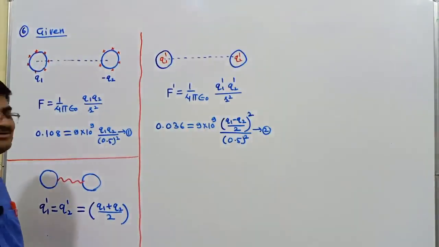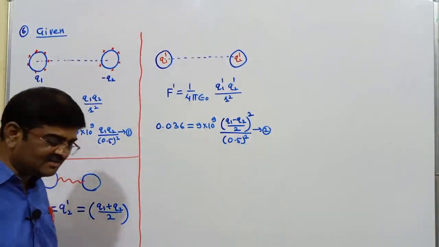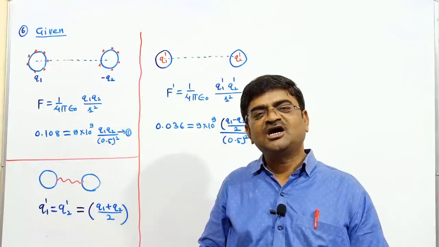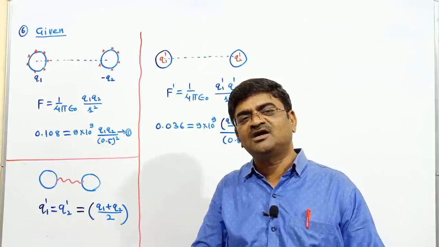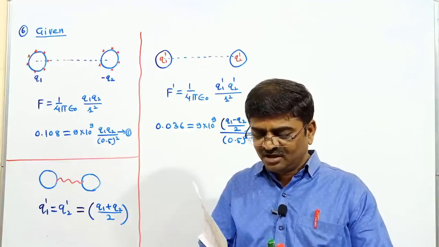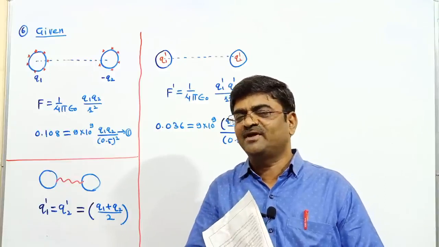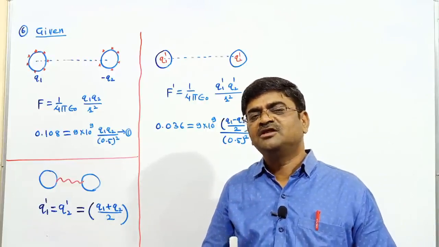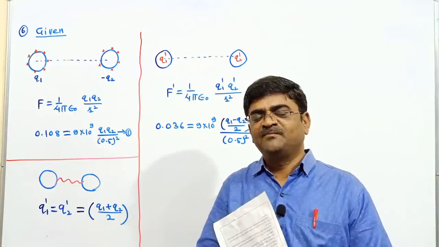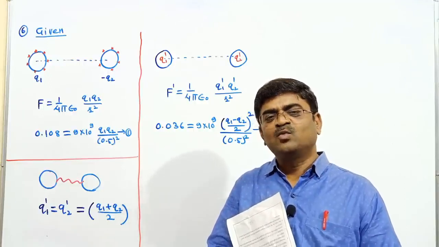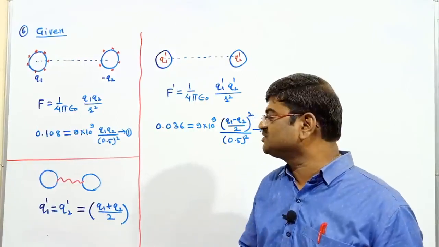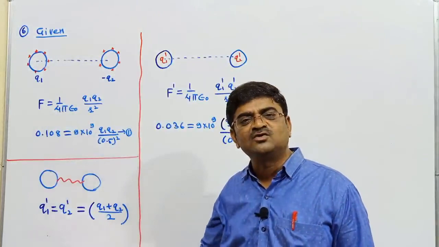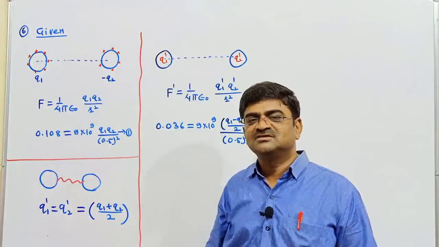And after doing this, conceptually, this is a concept. What is the concept? Two identical charged conductors, when charged independently and brought in contact, because of bringing in contact, shuffling of charges will take place. That shuffling of charge will continue until they attain equipotential. And for identical conductors, once the shuffling of charge stops, each of the conductors will now acquire a charge, q1 dash, q2 dash, which are equal, and that is equal to half of the net charge. So I arrived at this.